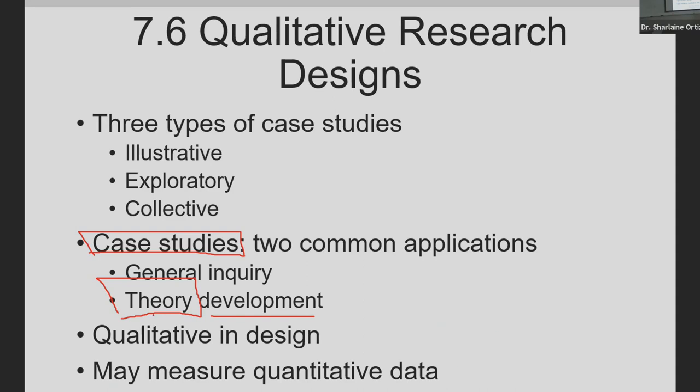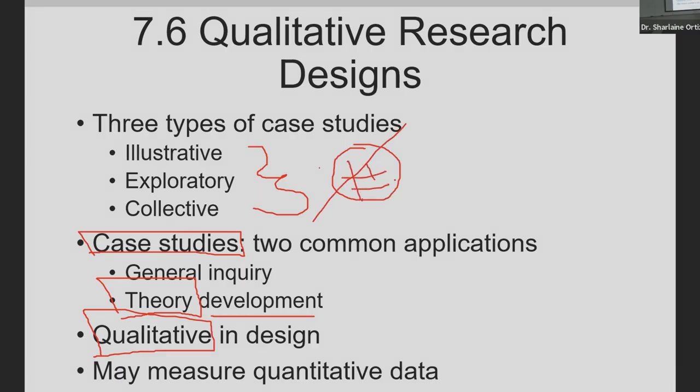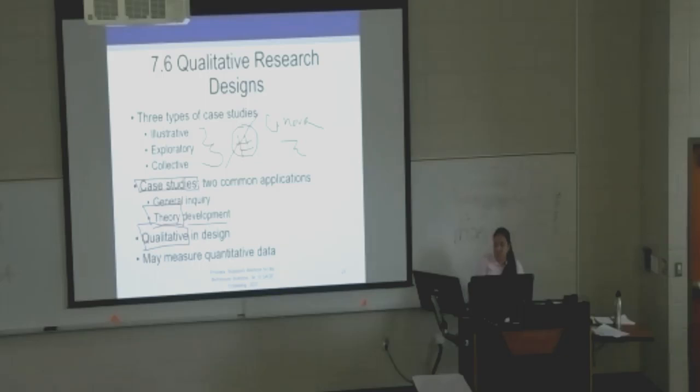Now, remember, case studies are qualitative. They are qualitative in nature. Notice that in the things that we mentioned here about case studies, none of them, right? None of them refer to numbers, right? None of them refer to a specific type of, we're going to do an ANOVA, we're going to do certain type of statistical analyses, we're going to do a correlation, because that's not what we're here for. I'm here to learn about the phenomena. I'm not here to draw statistical conclusions about the phenomena. However, I say that to say